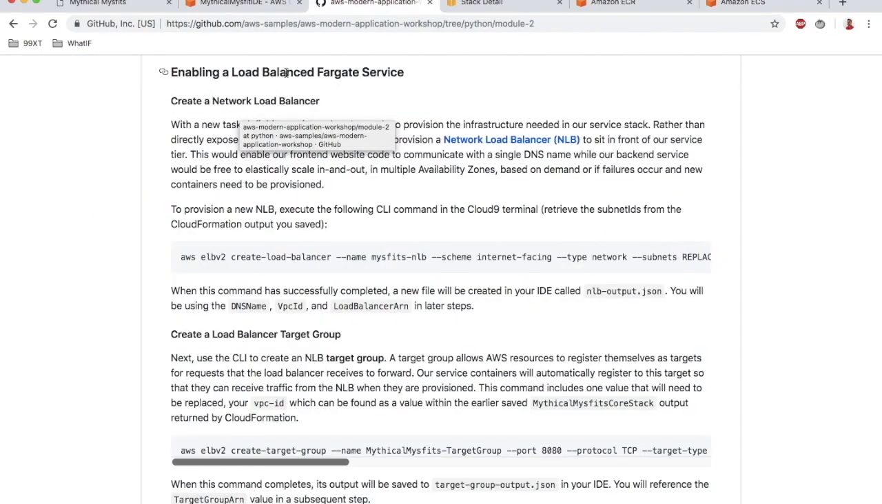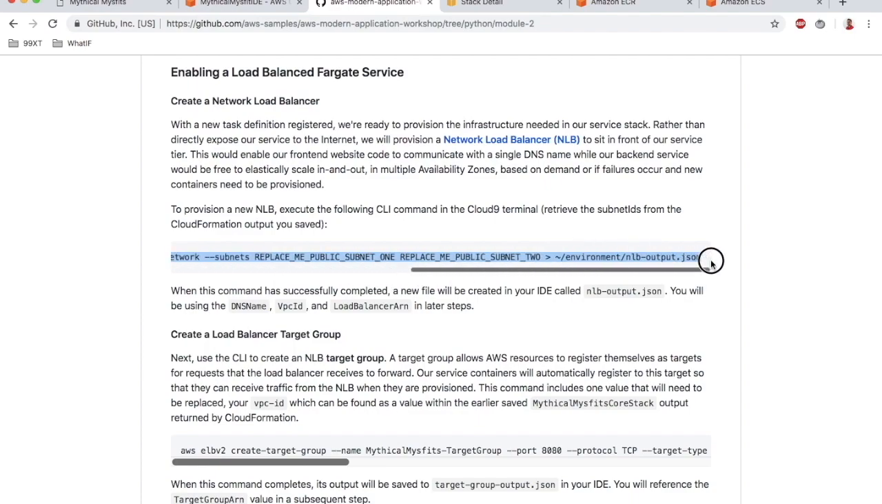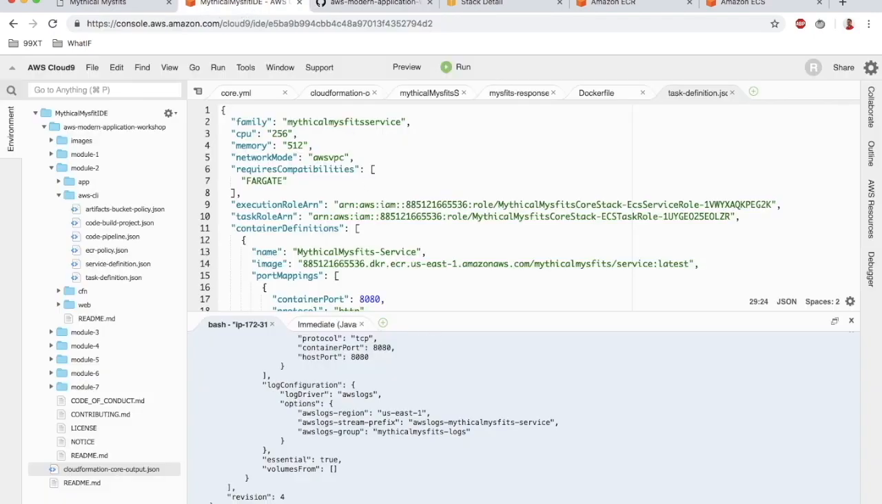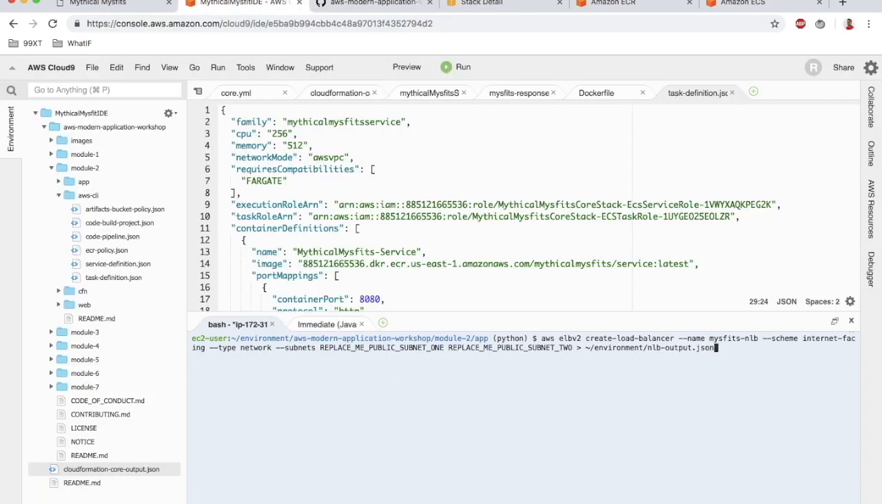It's about enabling load balancing, and we are going to create a network load balancer. We talked about several load balancers: application, network, and classic load balancer. In this guide, they have chosen the network load balancer. So this is the CLI command that we need to create the load balancer. Now copy that, clear the screen, and paste that in. We have to replace a few things in this command. If we look closely, this is AWS, then ELB version 2, and we are going to create the load balancer with the name of